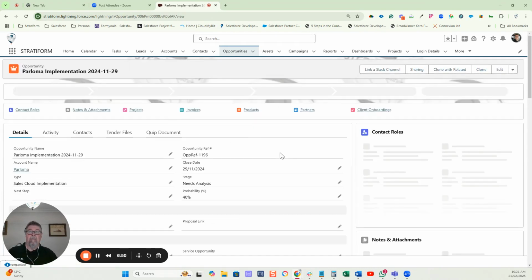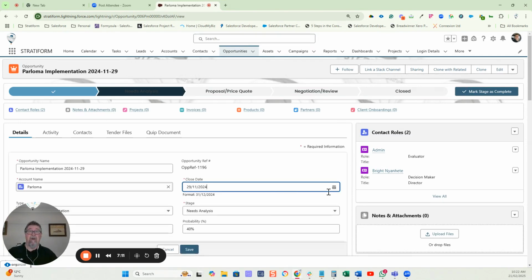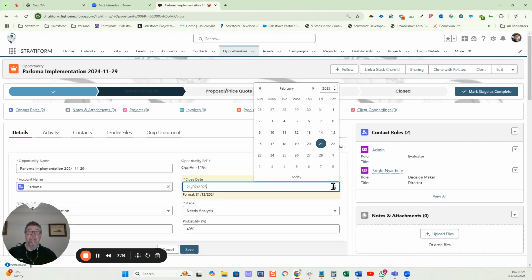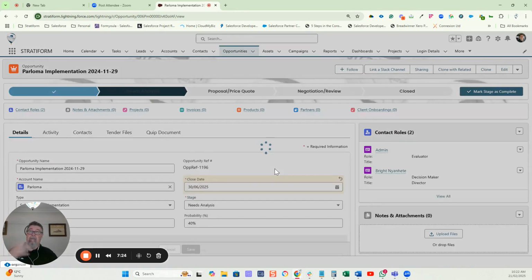This client, it just hasn't happened. I've had great calls with this client. He's very keen, very nice guy, but it's just not going to happen. Not at this stage anyway. So do I leave it open? I can push out that date, which is very important when it comes to managing an opportunity, pushing out that date to where everything is current. You go, now it's not going to happen till end of time, then click save, and it'll reflect that,